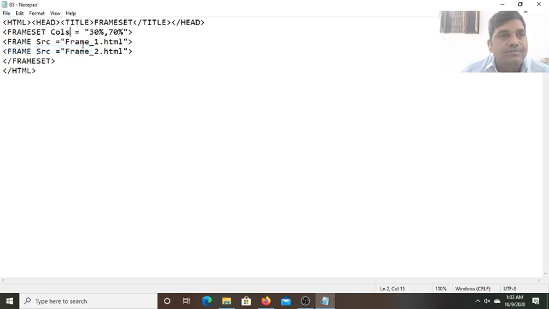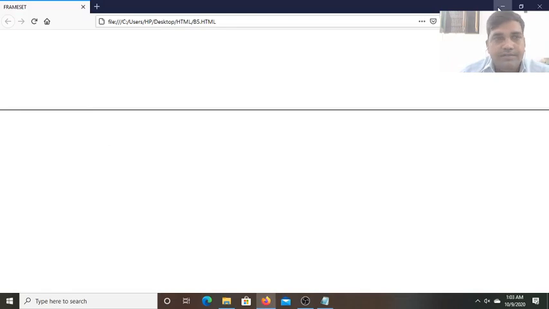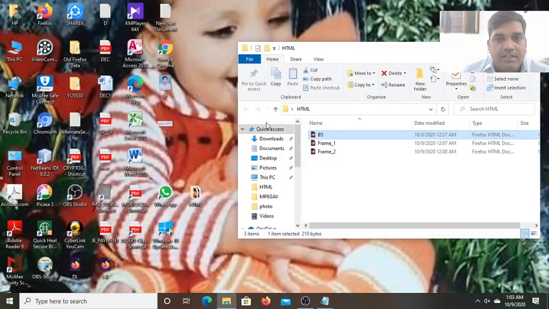Now we have saved this columns equals to 30%, 70%. Now after that, let me close this and again we run this. Now open this b5 HTML file.